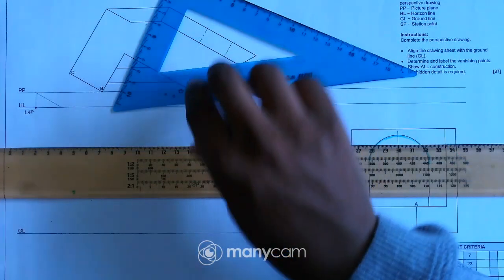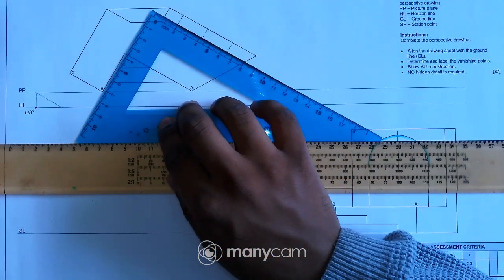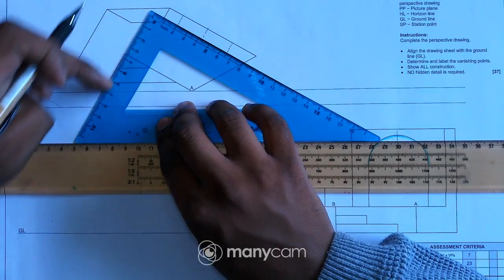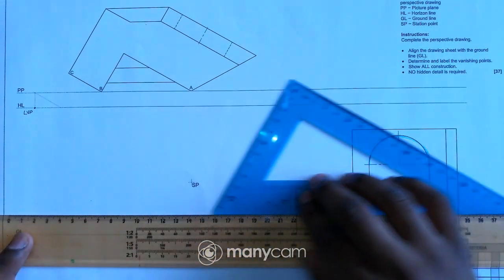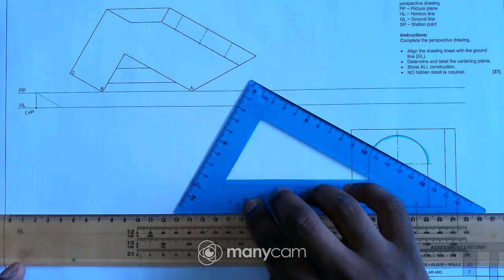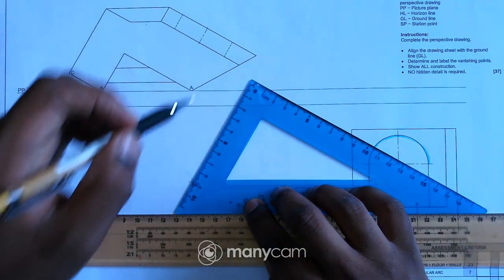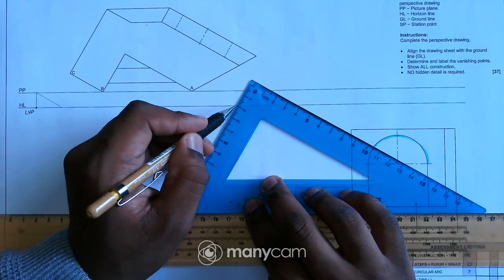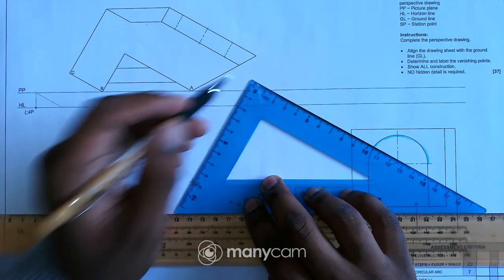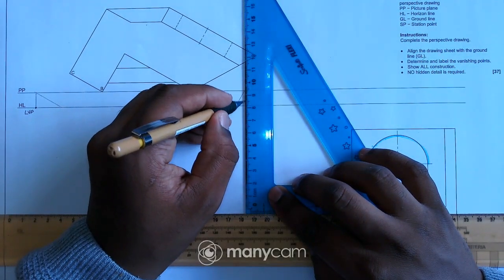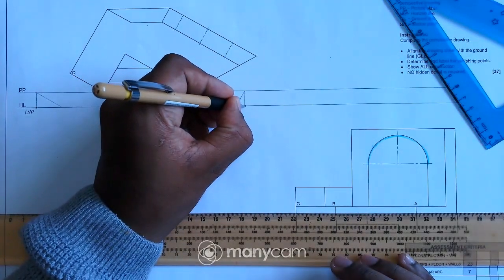And then for the right vanishing point, obviously I take my set square. As you can see, this line aligns with my 60 side. So I'll do the same thing on my right. I project this point up to the picture plane, just like that. Then I take it down to the HO, just like that.